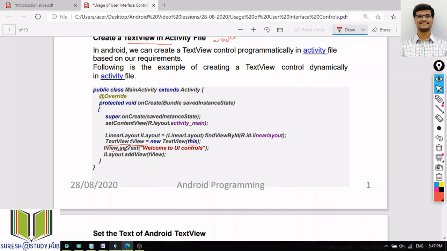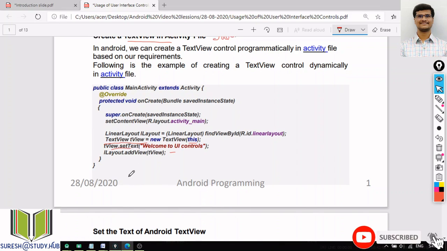And next I'm setting the text to this control, and I'm using this linear layout to add this control, because these controls cannot be visible directly. I can place them in the view group only, that may be linear layout or relative layout. So after creating those layouts, I will place the user interface controls.